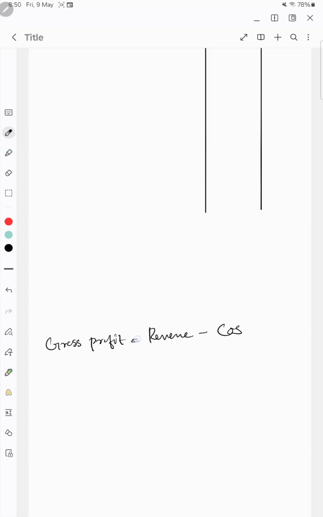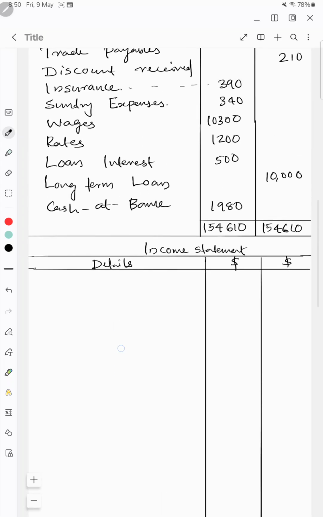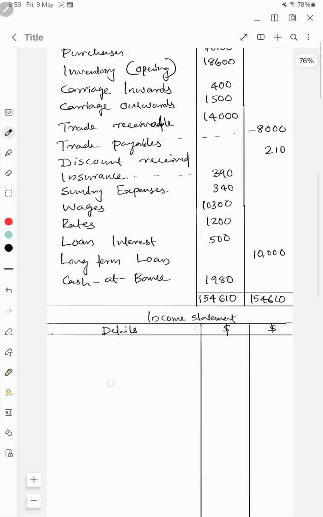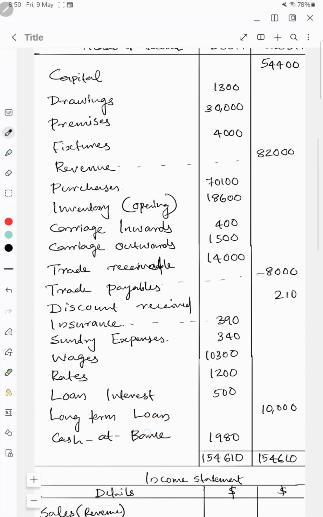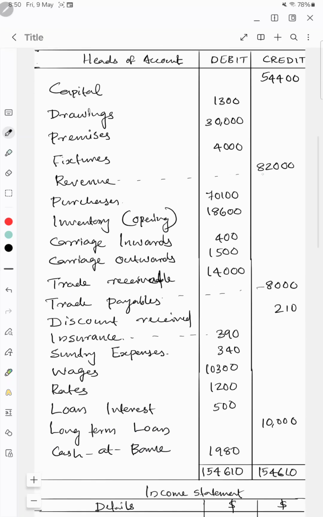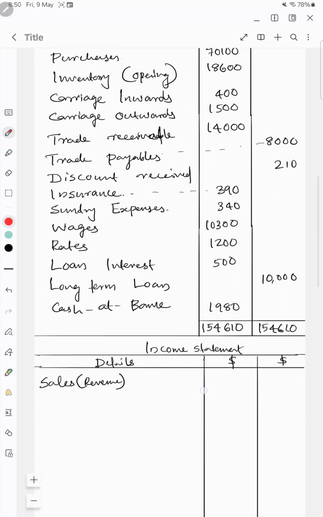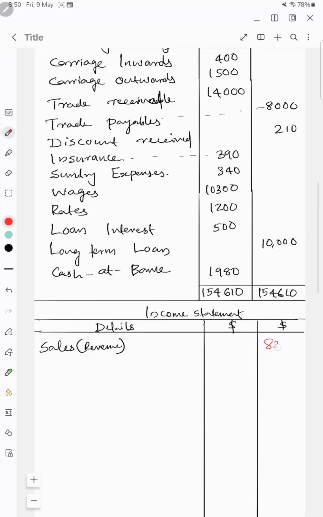Okay, so revenue means sales minus sales return. So we don't have sales return here, so directly you can take sales. It's also known as revenue. Okay, so that is net revenue. So here revenue is 82,000. Okay, so 82,000 you can put in outer column because that is the main equation. Okay, so sales less cost of the sales,